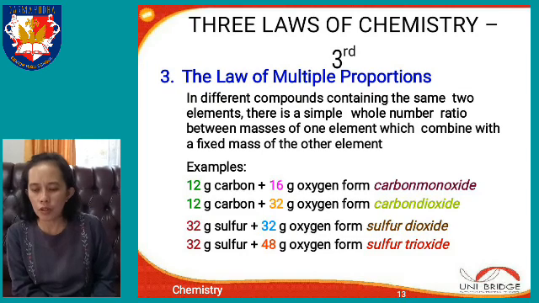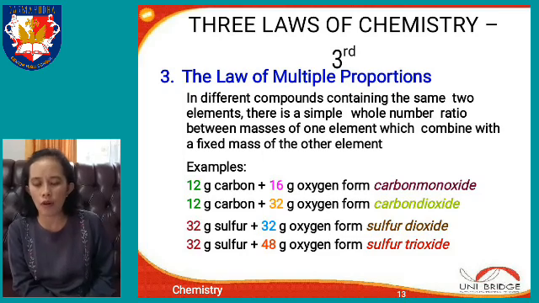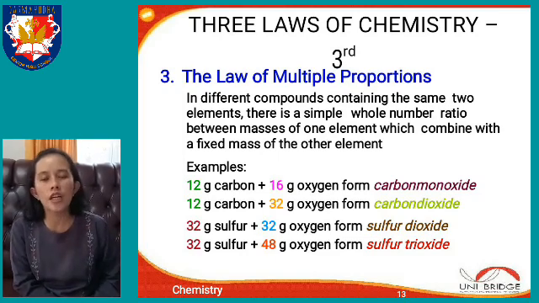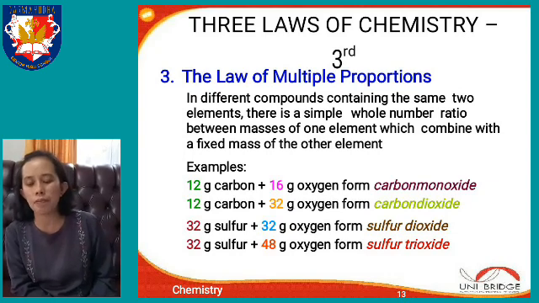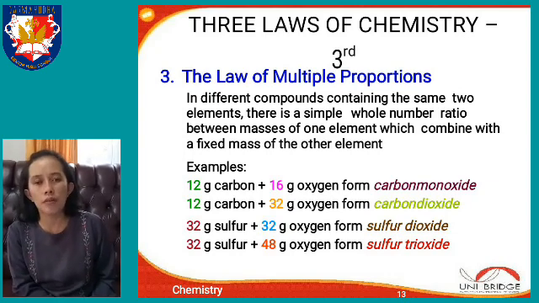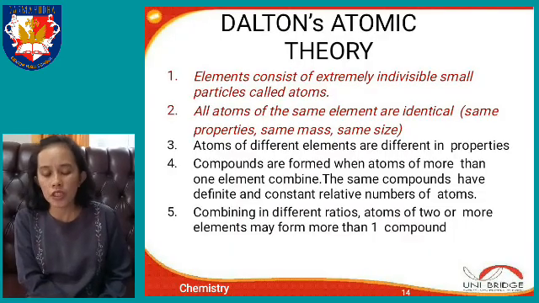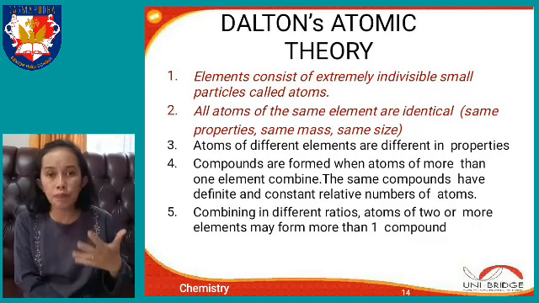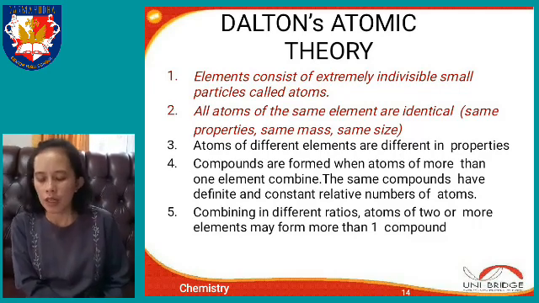For example, 12 gram of carbon, if it is reacted chemically with 16 gram of oxygen, will form carbon monoxide. But 12 gram of carbon, when it is reacted with 32 gram of oxygen, will form a different compound, which is carbon dioxide. In the early 19th century, John Dalton proposed the concept of the atom that explains briefly about the atom,